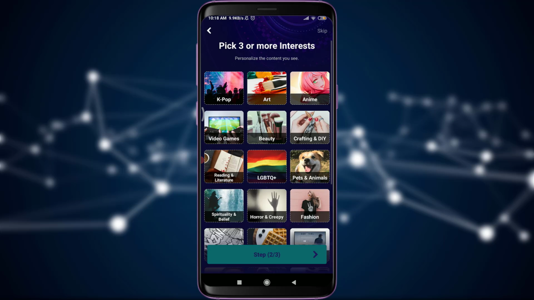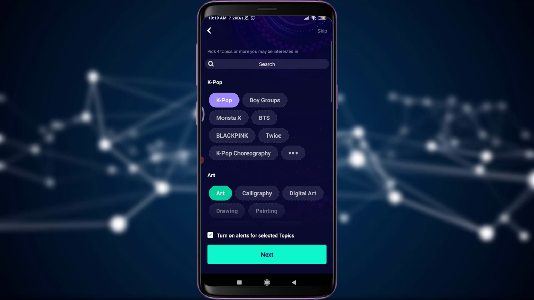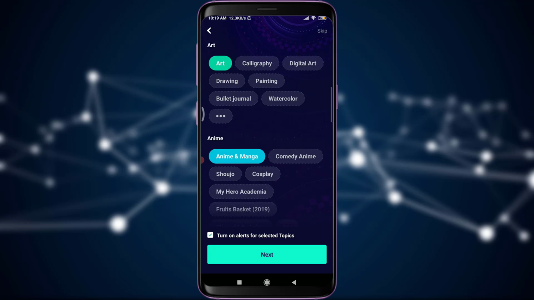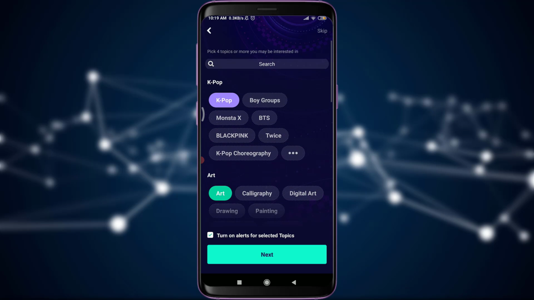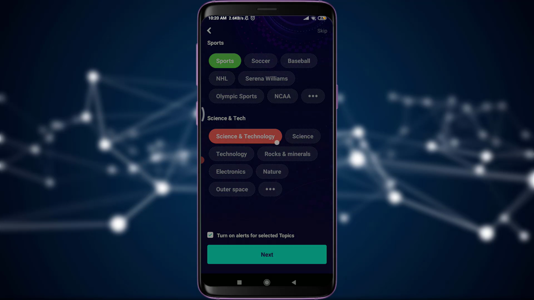And you can switch to the next step. In the second part of this step, you have an option of personalizing the content that you see. I'm going to choose my own, and when you're done, you can tap on this step 2 out of 3 again. Just by doing it, you'll be taken to the next section where you can choose from your own categories, take a deeper look, and choose at least 4 topics that you are interested in. When you're done, you can tap on this next option below.